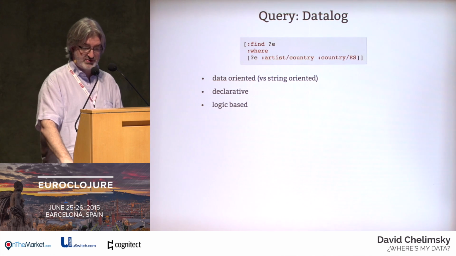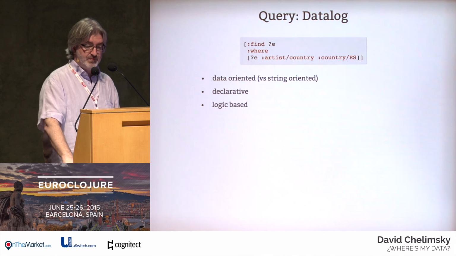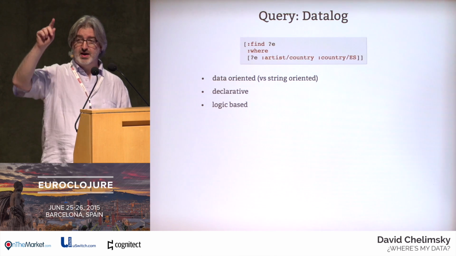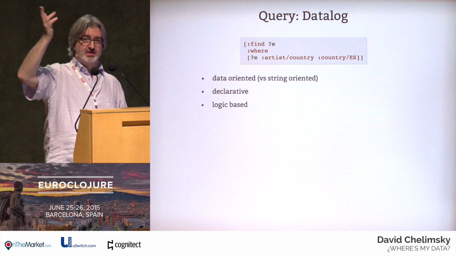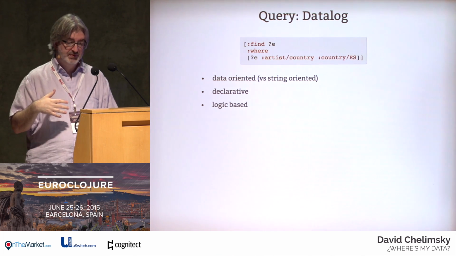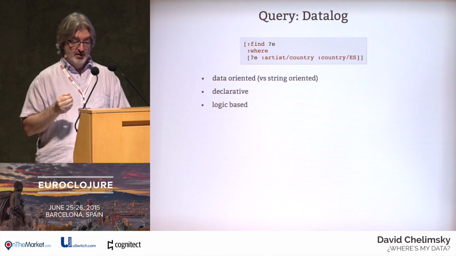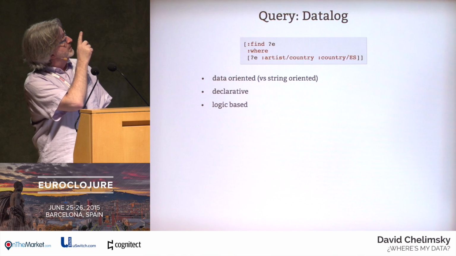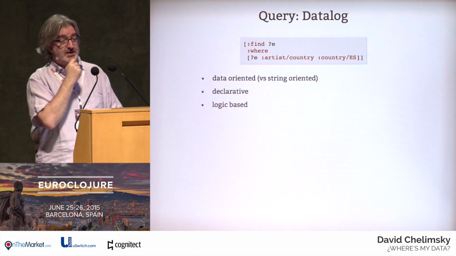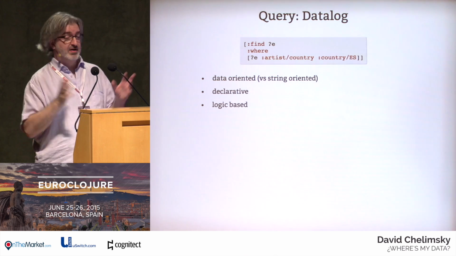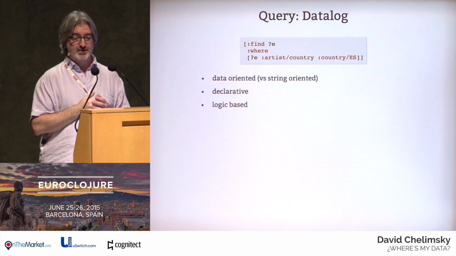I'll explain this for those of you who haven't seen it. This is a very simple example. We're saying we want to find any symbol with a question mark at the beginning as a variable. So we want to find all of the values for the variable e that fit into this pattern, and the pattern is the vector at the bottom of e, artist country, and artist Spain. So we're saying, let's find all of the Spanish artists that are in the database here,